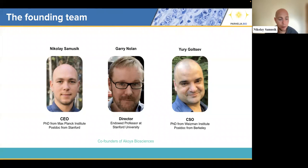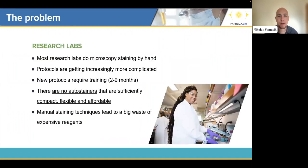After spending all these countless hours staining samples in the labs, we realized that there's a big problem: there are no autostaining solutions out there that fit the workflow of a research lab and that are affordable enough to be adopted by researchers in a regular biomedical lab. Anywhere we went, we saw the same thing. Everybody we talked to in every lab was doing microscopy staining by hand, even though the protocols were